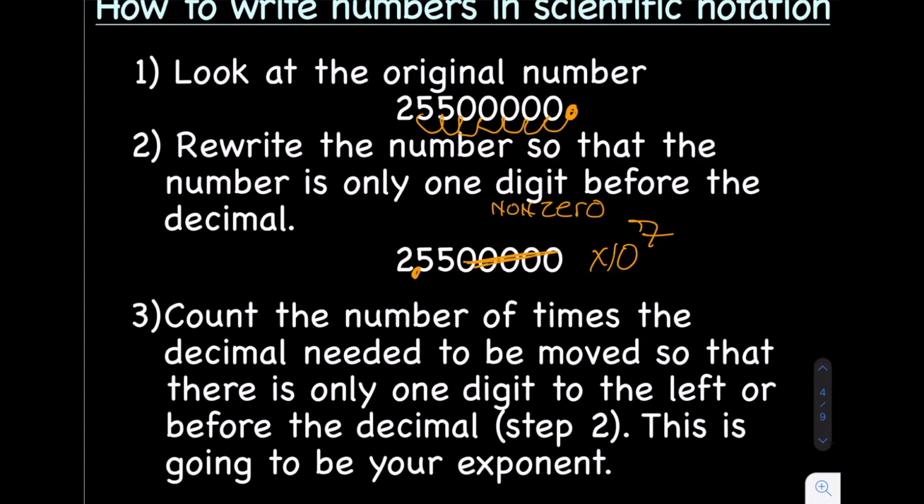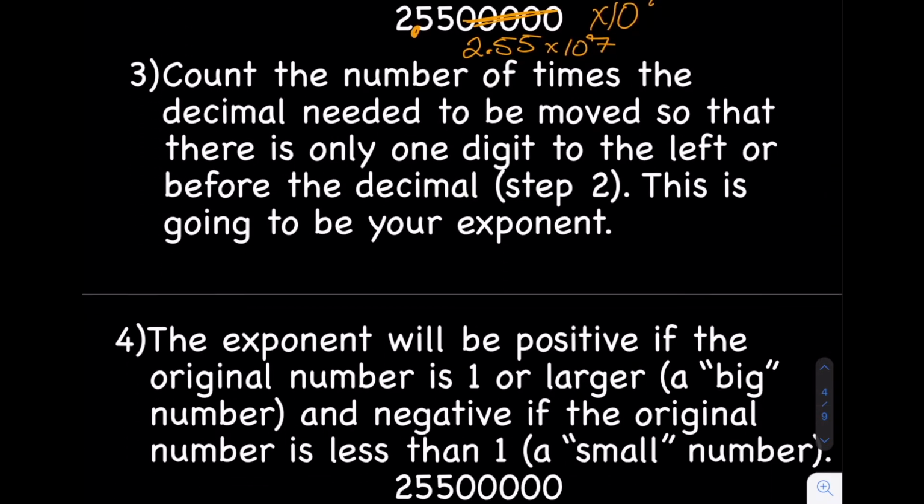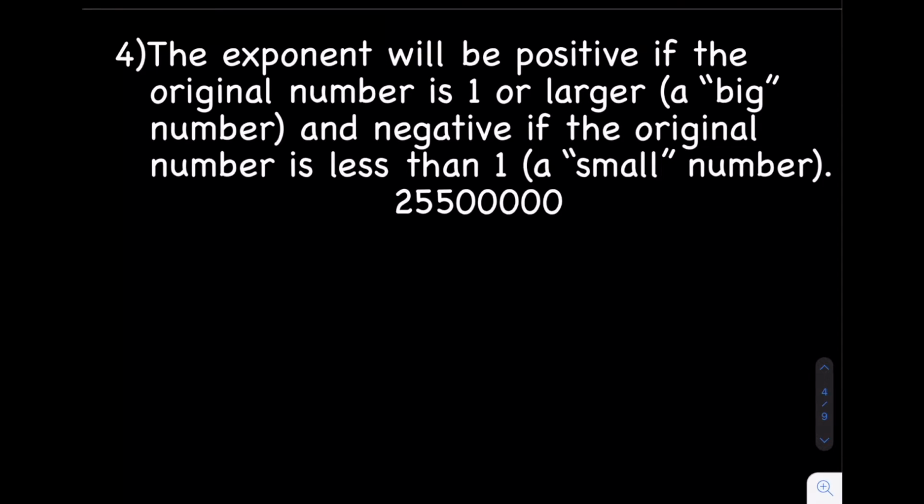So I'm going to rewrite it as 2.55 times 10 to the 7th, or 2.55, move the decimal 7 times. So hopefully this isn't too bad. It's a little bit weird, but hopefully you'll get used to it. Okay, and before I move on, one really important thing is the exponent could be either positive or it could